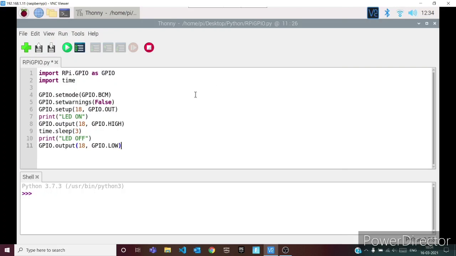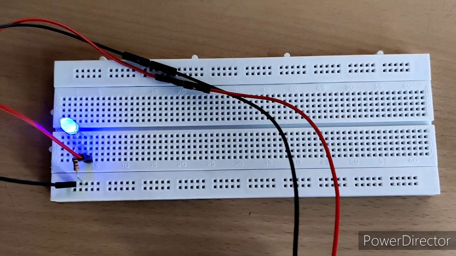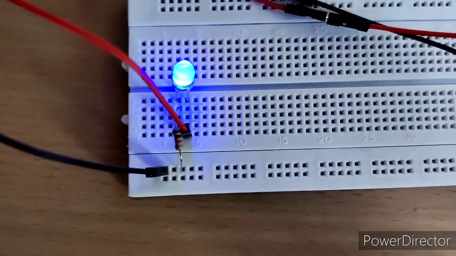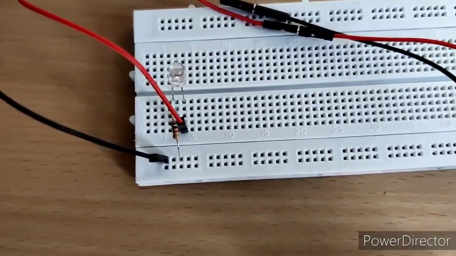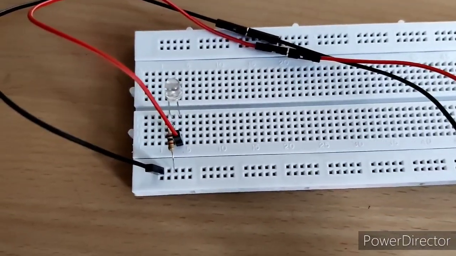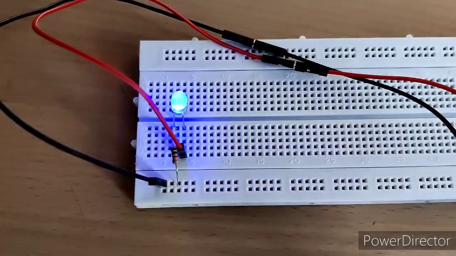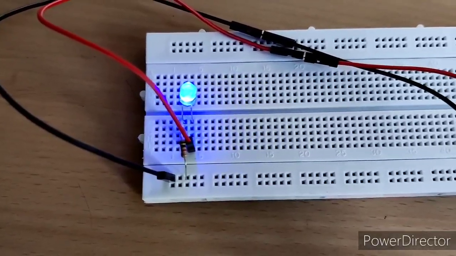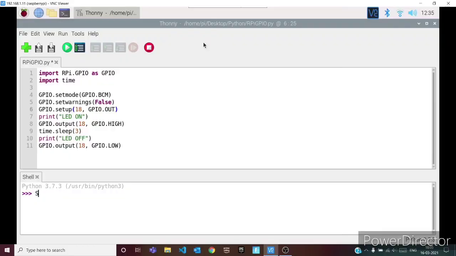So let me show you the result first, and then I'll explain how I did this. When I run the program, you can see the LED has been turned on for 3 seconds and then been turned off. Let me show it to you again. 1, 2, 3, off. Now you've seen the result.